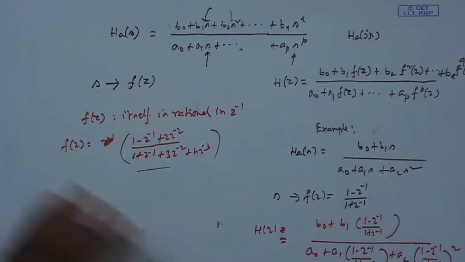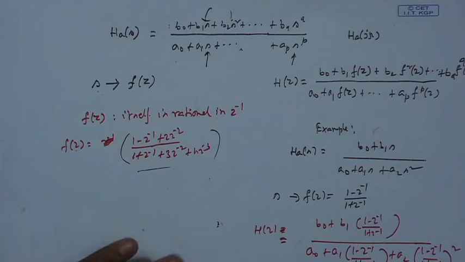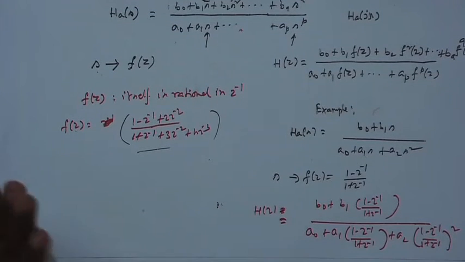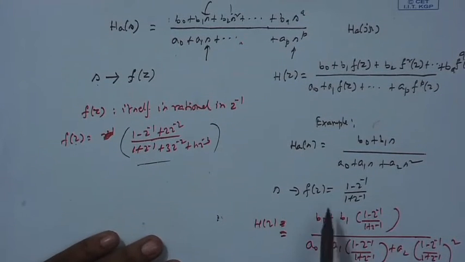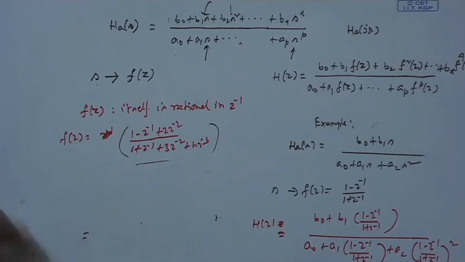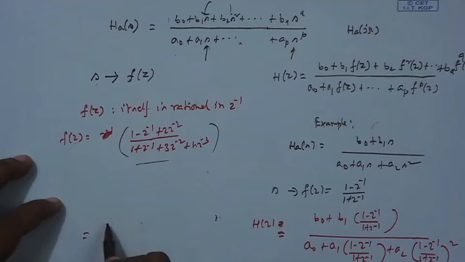Now, if you simplify this, numerator and denominator both will be multiplied by (1 plus Z inverse) whole squared, and so you will simplify. I am not doing it. You understand there will be a numerator polynomial by a denominator polynomial in Z inverse, if you want to do that silly algebra.